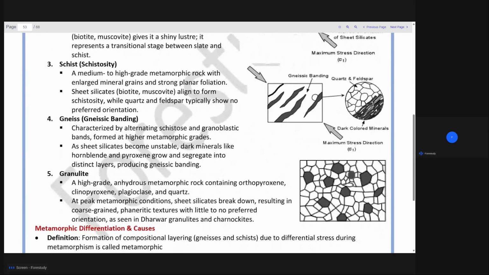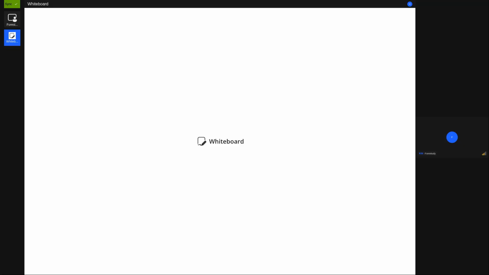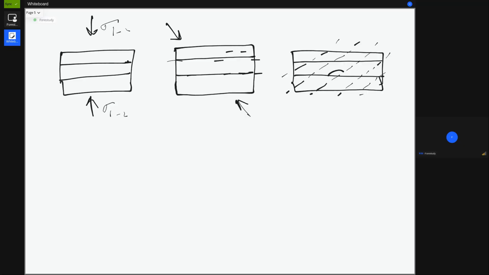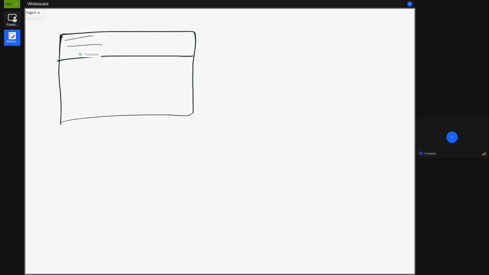Then comes gneiss or gneissic banding, characterized by alternating schistose and granoblastic bands formed at high metamorphic grades. So in gneiss, we will have alternation of schistose and granoblastic bands. There will be bands like this. In schistose rock there will be some planar features of well-oriented grains, but in gneissic rock you will have strong bands. Strong bands mean a single band where there will be preferred orientation of grains,